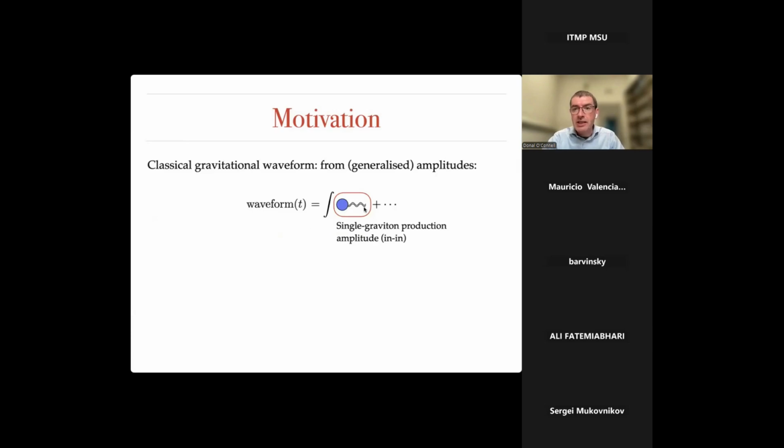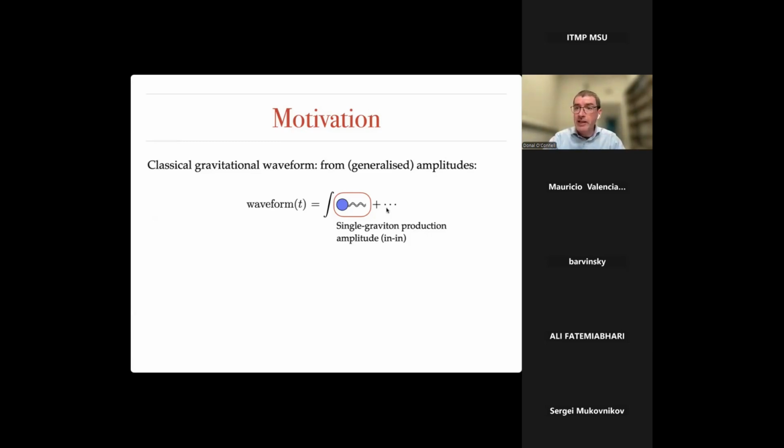Now, this amplitude here, I'm a little vague about it. I'll explain it in more detail later in the talk. But the way I think about it is it's the amplitude for single graviton production during this process. It's not quite a standard amplitude because the boundary conditions are different from the standard in-out boundary conditions. This is more of an in-in amplitude, but as we see, it's very closely connected to an amplitude. At some level of intuition to begin with, we can just think of it as being an amplitude.